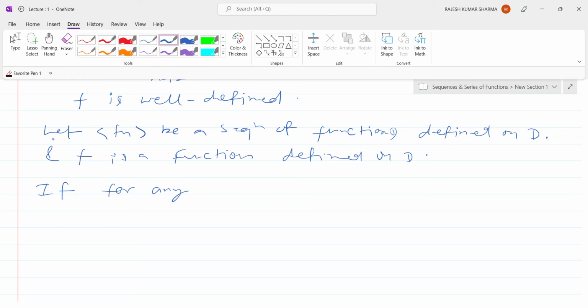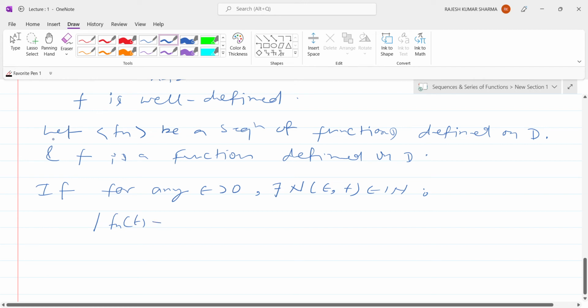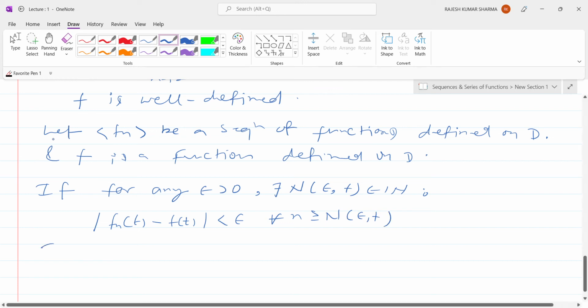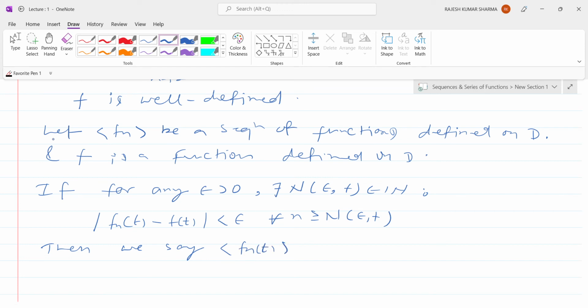If for any epsilon positive there exists an N(epsilon, t) belonging to the natural numbers such that mod of fn(t) minus f(t) is less than epsilon for all n greater than or equal to N(epsilon, t), then we say the sequence fn(t) converges pointwise